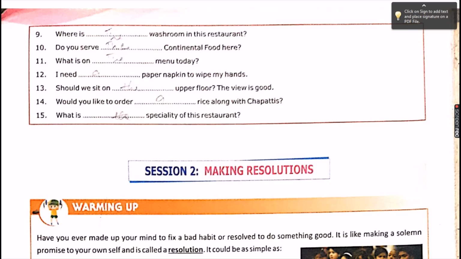So like this we can fill the blanks. In the next video I will explain making resolutions, and keep doing. You do the chapters by yourself. You have the knowledge of English, and match the answers after I upload this video on YouTube, and complete your syllabus. In the syllabus you are going to have these sessions, 1, 2 or 3, or it may be 4 included.